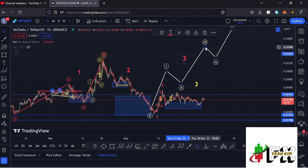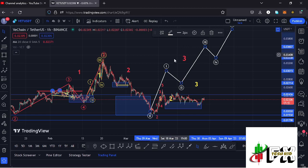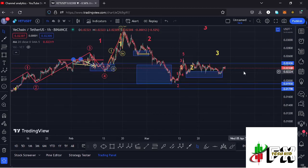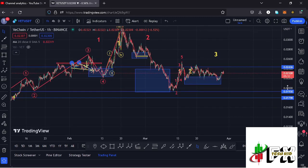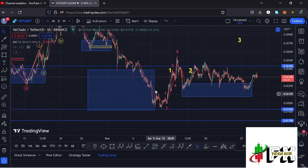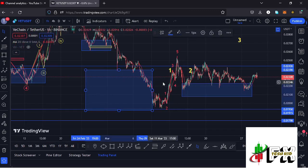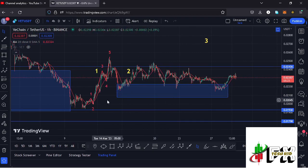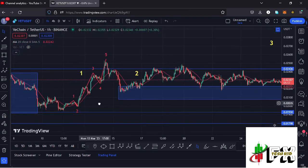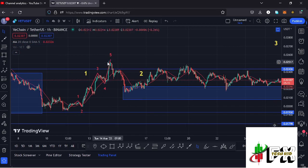And this micro Elliott wave count within the formation of this wave 3 is what is going to give me the short-term scenarios. And I believe we are seeing such a scenario here on the Vechain chart, where you can see that after bottoming out in the formation of this higher Elliott wave count 2 within this blue target area down here, we started this massive run up to the upper side obeying the Elliott wave structures, where you can see that I have this Elliott wave structure in red, having the wave 5 giving us a peak at around